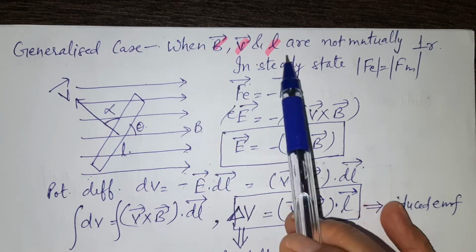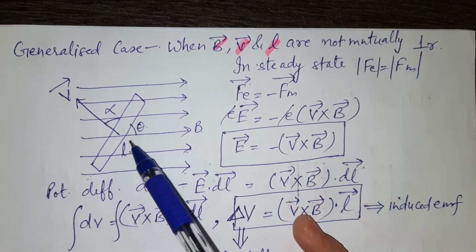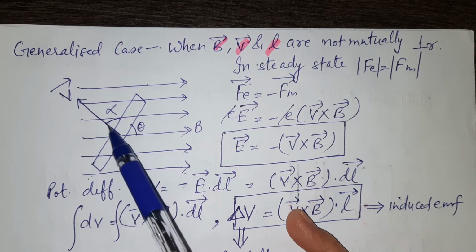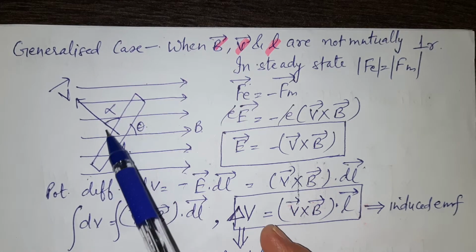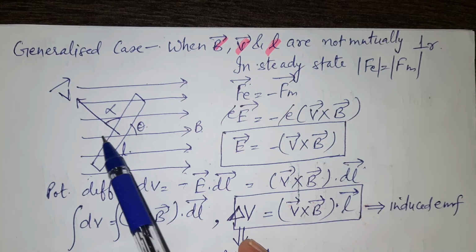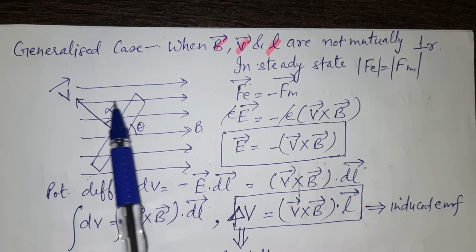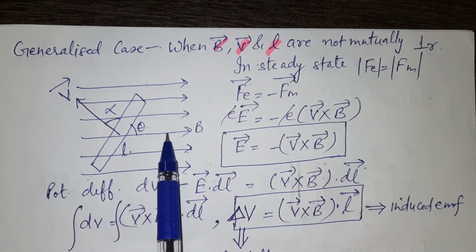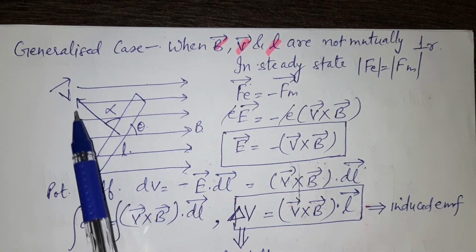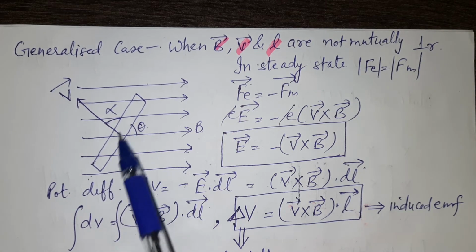So, with the same example, this is the magnetic field. This is a conductor of length L. Now velocity is this side, but here velocity is making angle alpha with the length of the rod, and the length of the rod is making angle theta with the magnetic field. Due to the magnetic field, there will be a change in flux because of velocity. So the magnetic flux will give rise again to magnetic force.